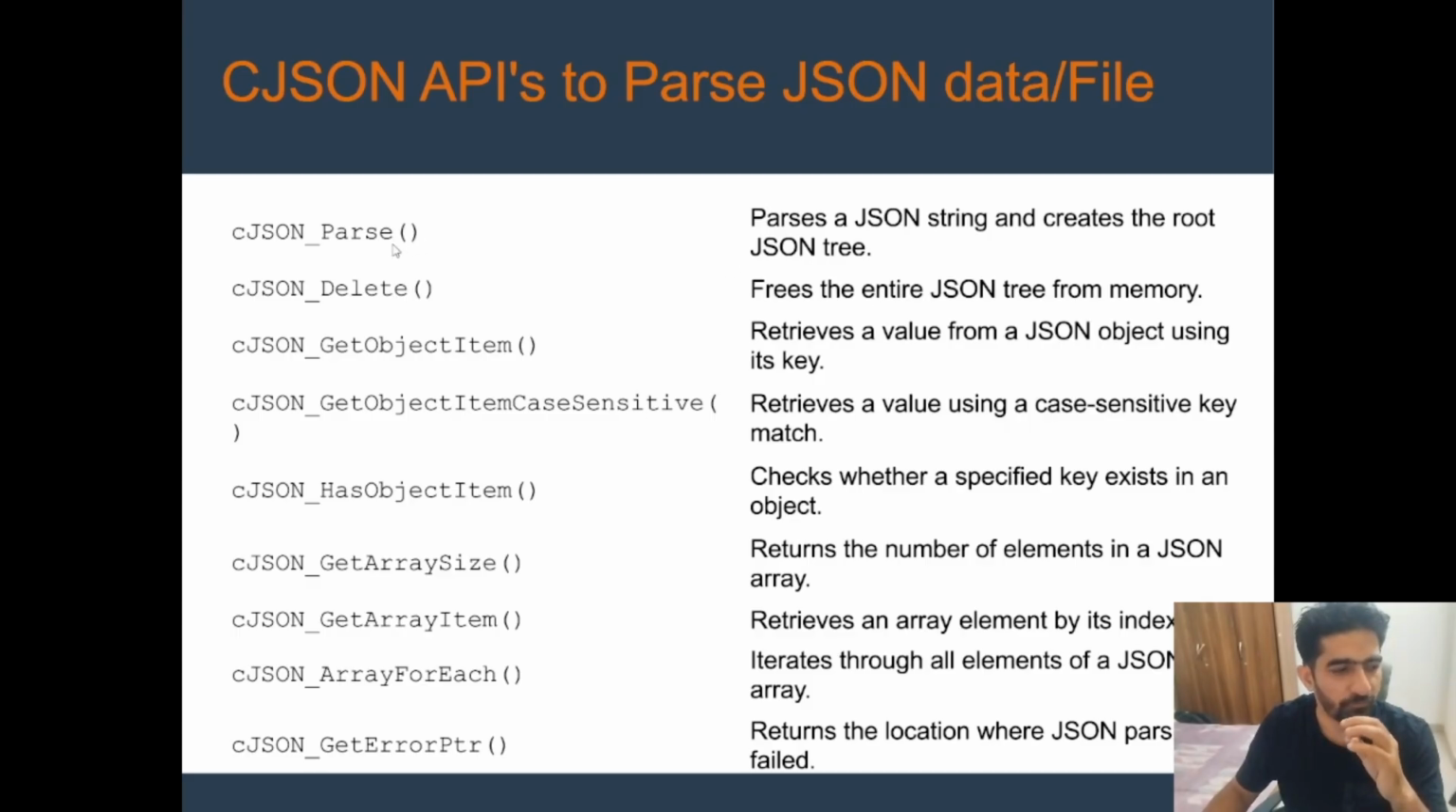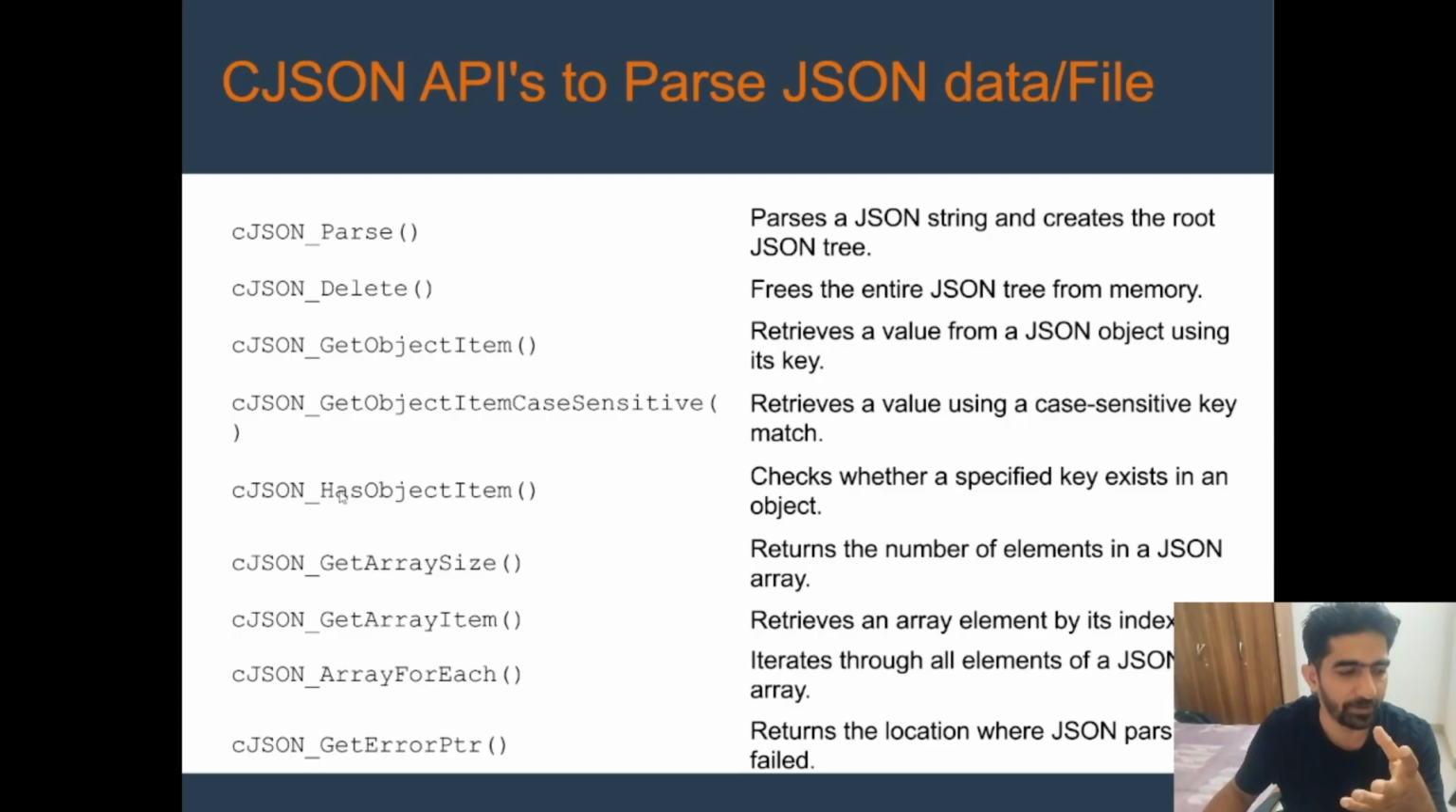The first, if you see here, is cJSON_Parse. This is a very important API that will parse your JSON string and create the root JSON tree. Then we have cJSON_Delete, and then cJSON_GetObjectItem. It will retrieve a value from a JSON object using its key, since the data is in the form of key value. It is case sensitive. To check whether a specific key exists in an object or not, we'll use